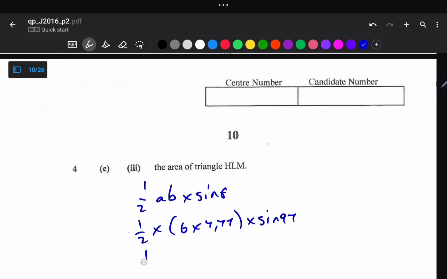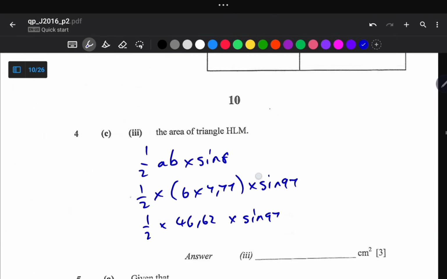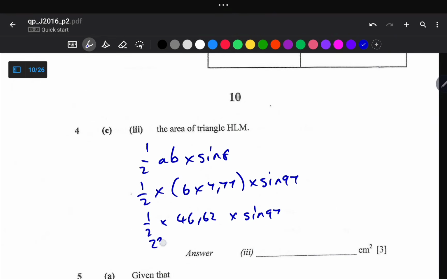So it is half of 46.62 multiplied by sine of 97. So half of 46.62 gives us 23.31. So it's 23.31 sine of 97. So 23.31 multiplied by sine of 97 gives us 23.1. So the area of this small triangle HLM is equal to 23.1